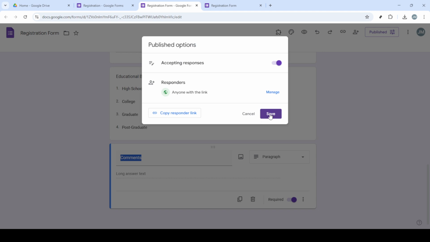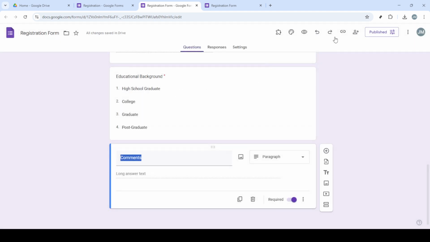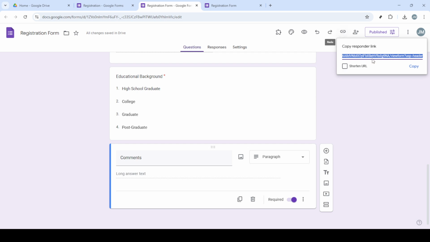Hit the publish button. Finally, you might want to take a quick look at how the form appears to respondents by clicking on Preview. And there you have it. In about 5 minutes, you've created a robust event registration form using Google Forms. This setup will streamline collecting and organizing